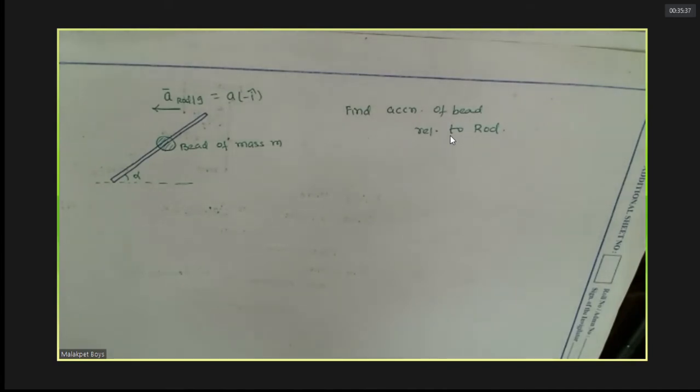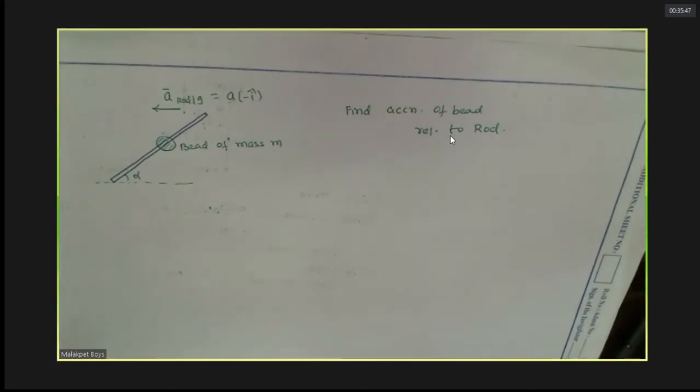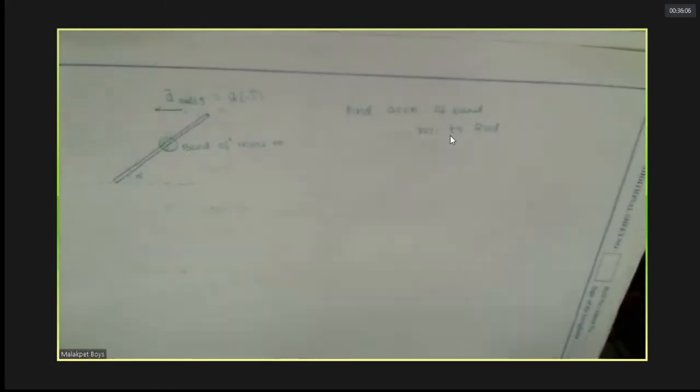Any idea? No, sir. Sir, by applying pseudo forces, finding. No, first you try with respect to ground. Both methods we should try. All our efforts are to master the techniques available, not just to solve the problem. So, for example, we have an observer on the ground. So we'll write with respect to